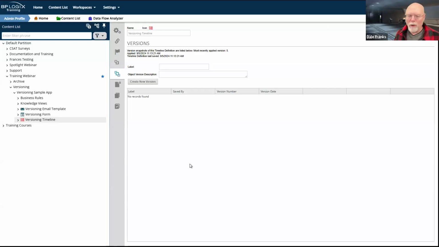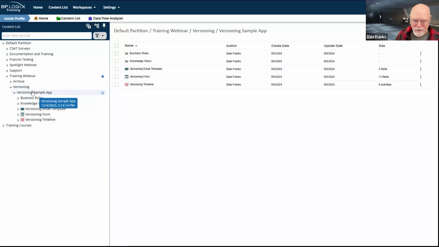Well, that opens up a whole other can of worms. I have looked at some of your systems, and in some of your systems, I noticed that you put forms in one folder and timelines in another folder. And so I might look at it and see 10 or 15 different timelines in one folder and then 10 or 15 different forms in another folder. That is not the recommended way to organize your Process Director installation.